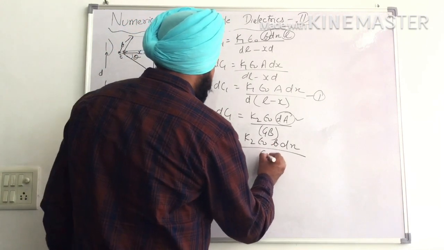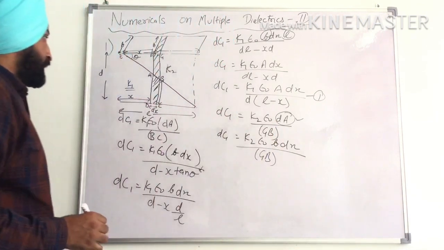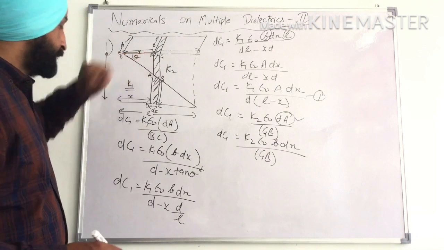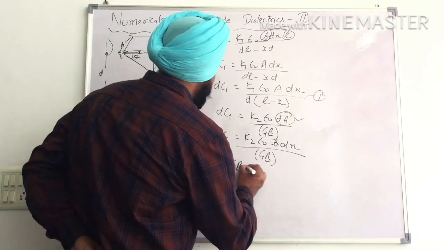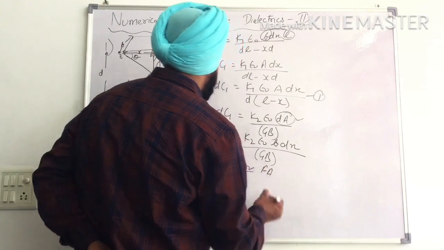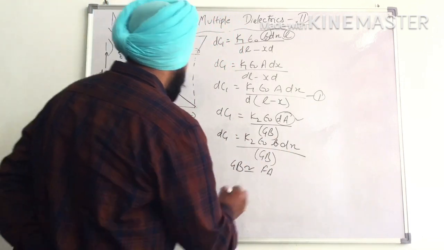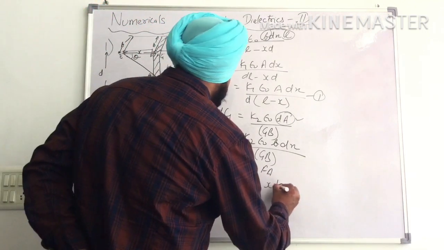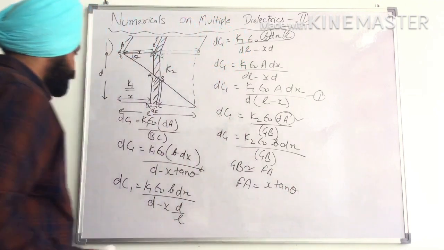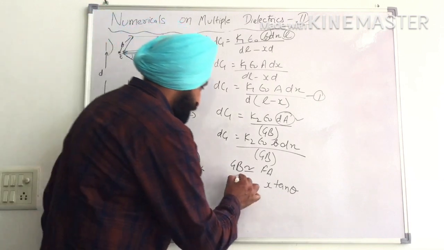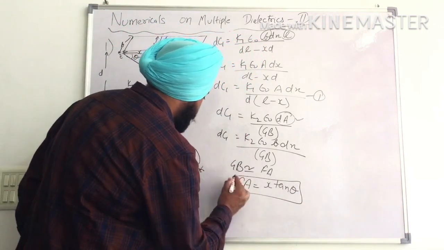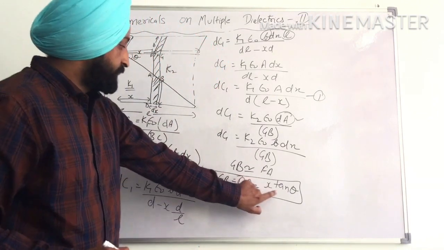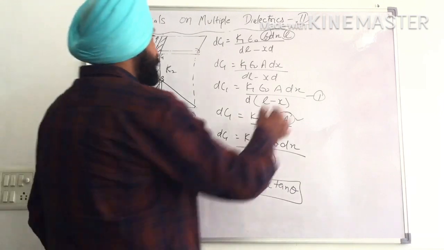So we have to calculate GB. We have already calculated it. We can take GB approximately equal to FA, and we have calculated that this FA was equal to x tan theta. Fine. So we can write it is equal to GB also. We can equate these two values. So now I will be replacing GB by x tan theta in the equation.